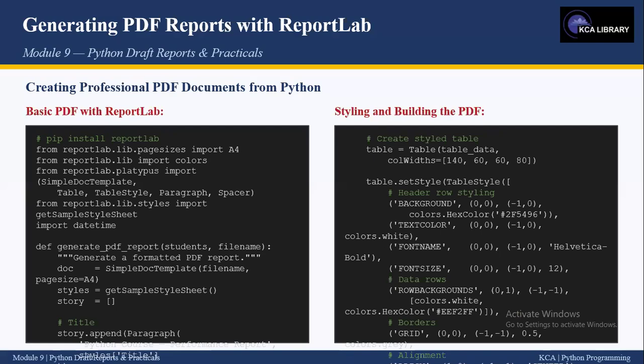statuses. The table is styled with a dark blue header row containing white bold text, alternating row background colors, a grid border, and center alignment for numeric columns. A class average summary is added at the end before the document is built and saved. This example demonstrates that the second